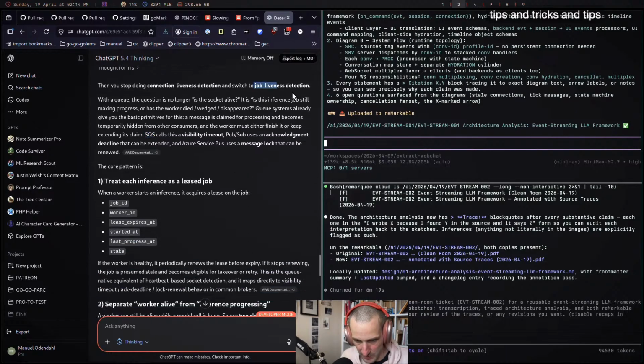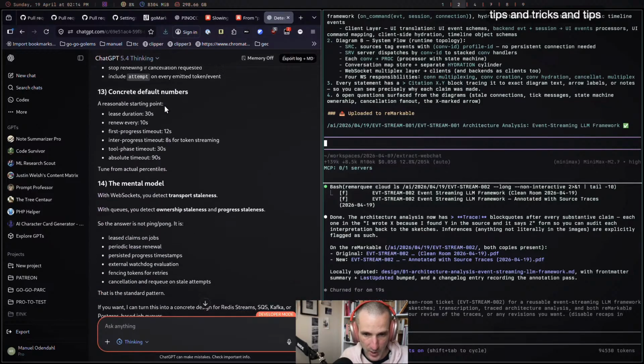Yeah, because it's job liveness detection. So those are the kind of things where I know this is a hard problem. I know it's been solved before. I know there's probably some good either libraries or just design patterns. And once I have the name of the design pattern that solves a certain issue, and I understand that it integrates well within the thing that I'm building, then I can just put that keyword into the LLM, and then probably the good thing will happen, right?